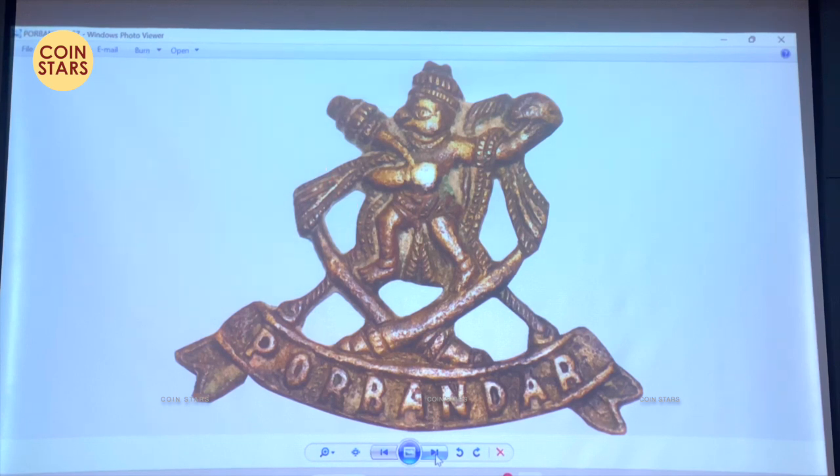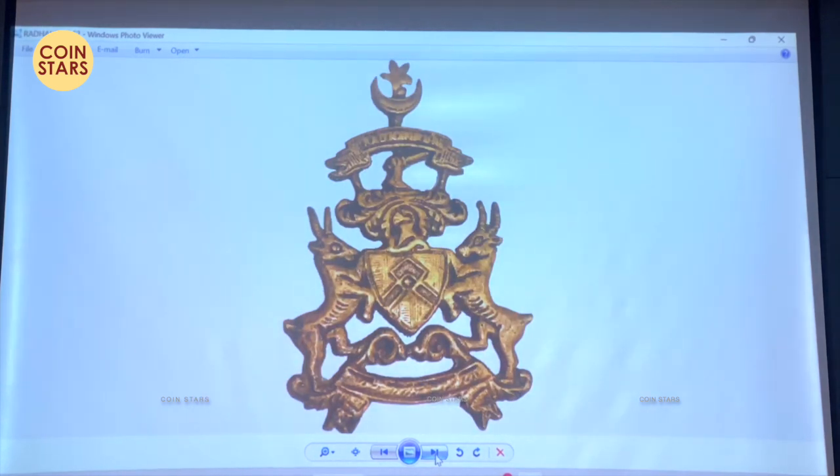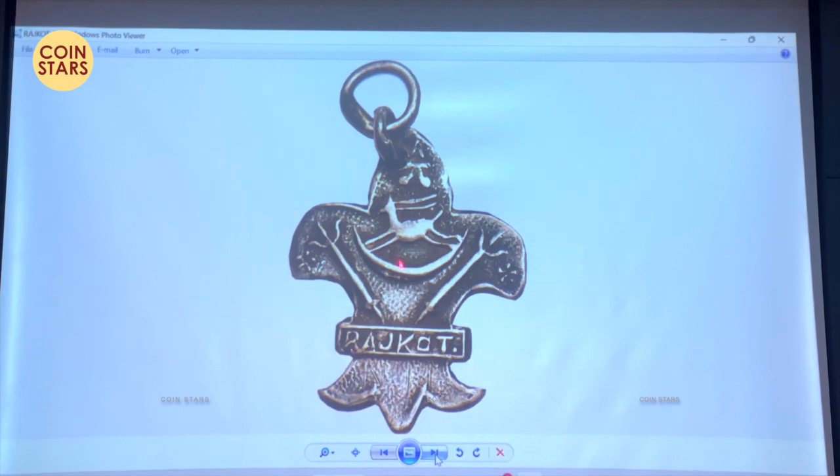Next, this is Radhanpur in Gujarat with Chantara on top with a Nawab and a shield here. Very plain looking monogram. Next, this is Rajkot with a crescent moon in the middle and a deer walking above, and a Trishul here. So maybe they were Chandravamshis.